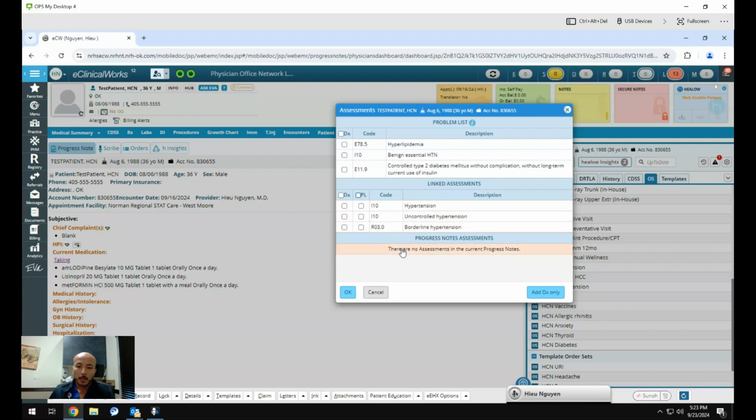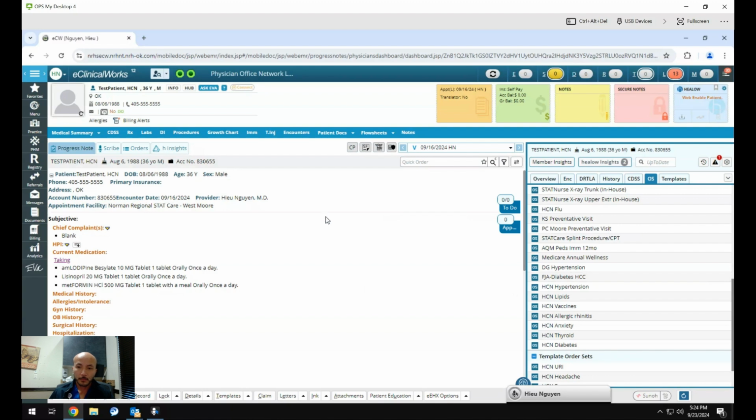And basically, what this does is it allows me to pick a diagnosis if I don't already have one, to put all the orders I'm going to place and to link it to that one. You can also select one of the diagnoses that are part of the problem list that the patient already has. And so in this patient, since they already have benign essential hypertension, I'm going to click that one and then you hit OK. You don't want to hit add diagnosis only yet because that just adds the diagnosis and doesn't let you order anything. And so hit OK